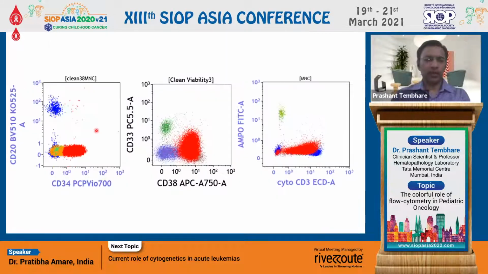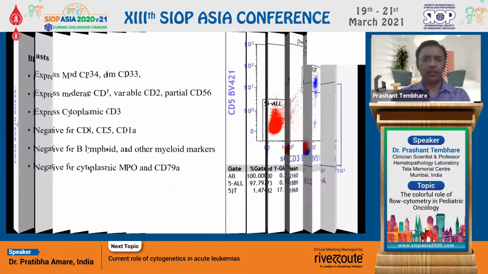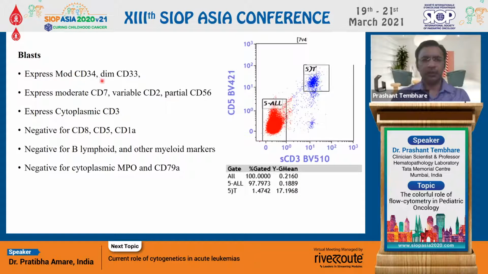When we look at the other markers, CD34 is positive, and some of the blasts also show CD33. All blasts were positive for cytoplasmic CD3, which confirms the T-cell lineage. If you look at the phenotypic signature, it is very typical. It has CD34 and a myeloid marker like CD33, but they are negative for CD1A, CD5, and CD8. This is a classical feature of something called